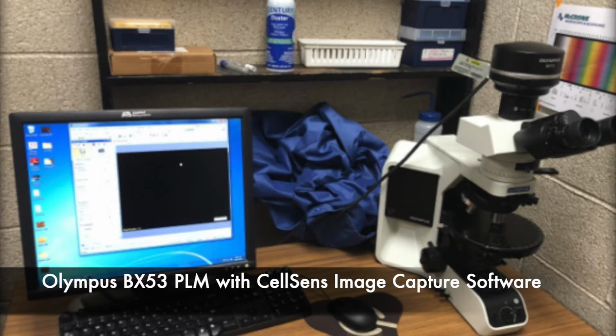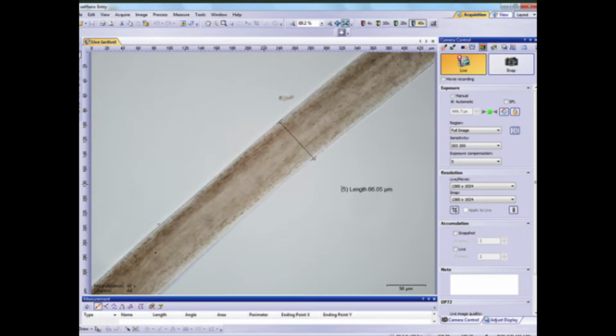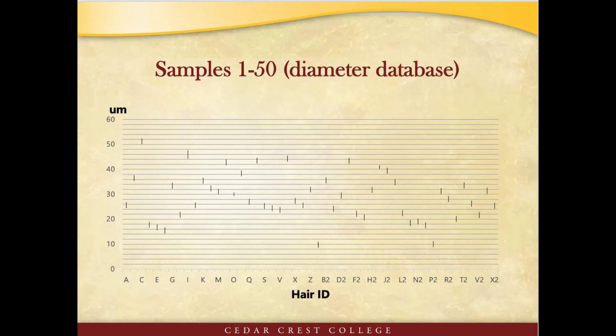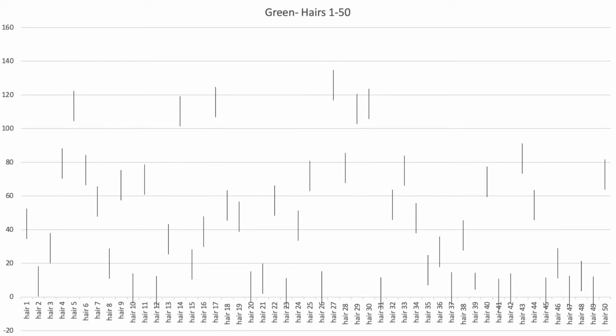Each hair was photographed at 200 times magnification using the Olympus microscope with the CellSense image software under standardized lighting conditions. The photos were used to measure 3 separate diameters across the middle of each hair on the CellSense software. 5 locations of RGB values were taken 3 micrometers from the cortex of the hair. We calculated the mean and standard deviation of each hair. Comparison bins were created using the mean value and standard deviation, creating a graph with lines for each the diameter, red, green, and blue color value.